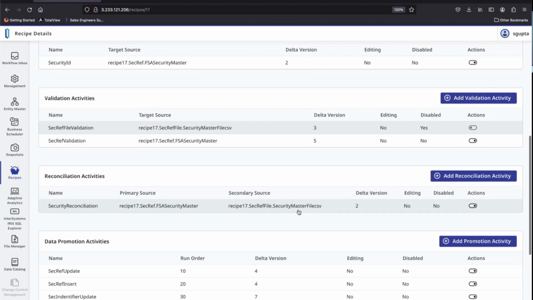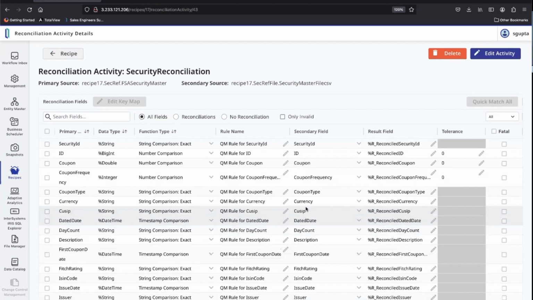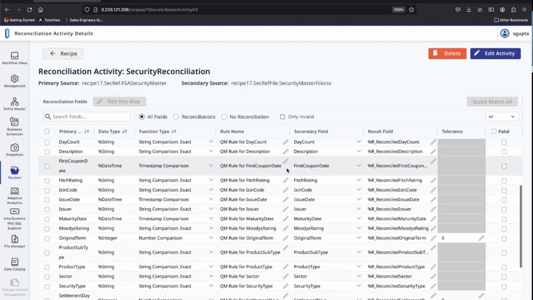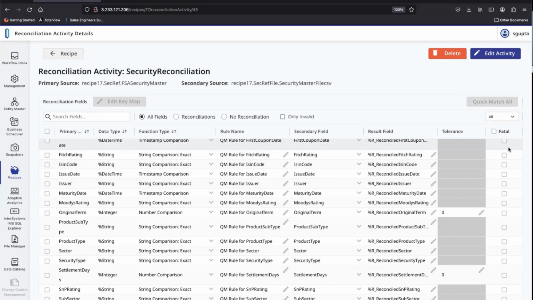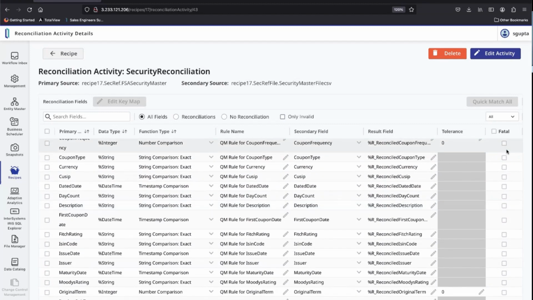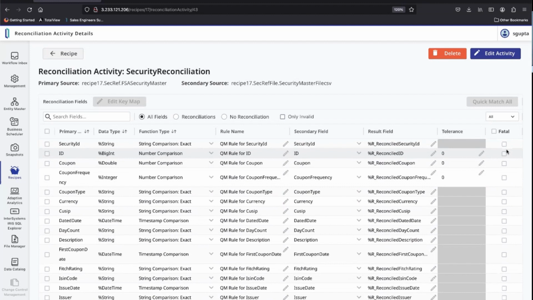And then reconciliation. Reconciliation will have a little bit more meat to it. This is where you're defining a primary source and a secondary source. Effectively, we're saying that we want to make sure that the data in the primary source and the secondary source basically agree with each other. We define various rules, and we can actually specify within this right-hand-most column whether the outcome of one of those failed validations is fatal, in which case you would have the ability to stop the recipe, stop the import, and go fix things that need to be fixed.